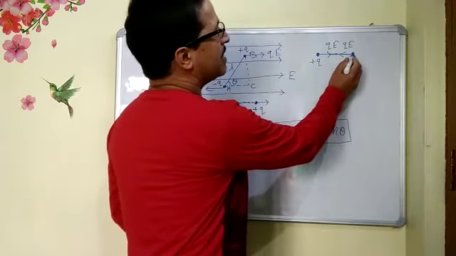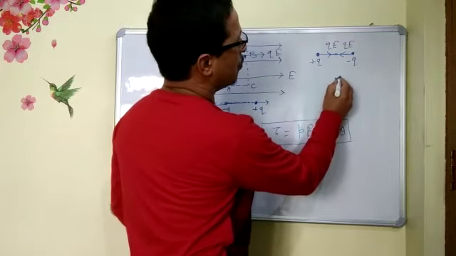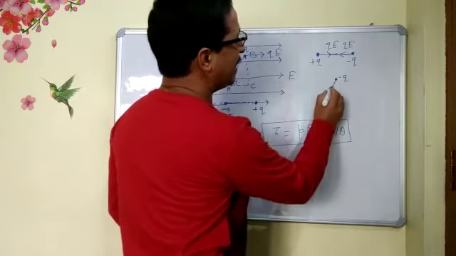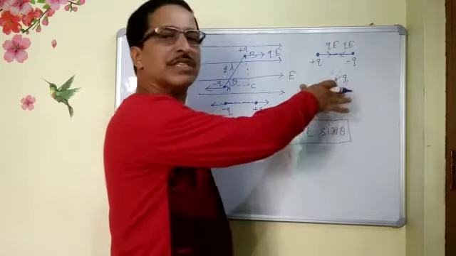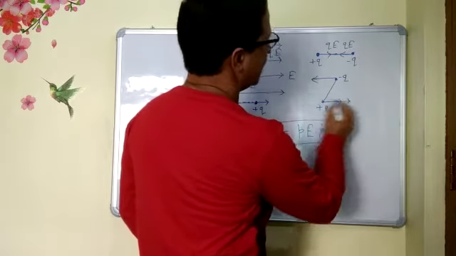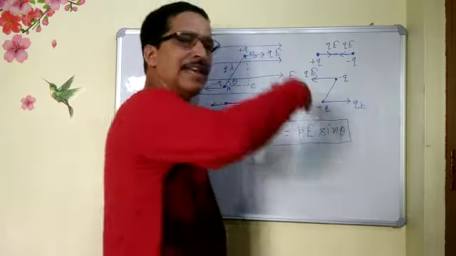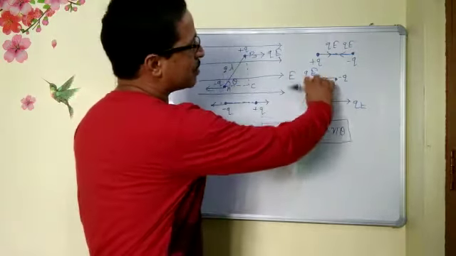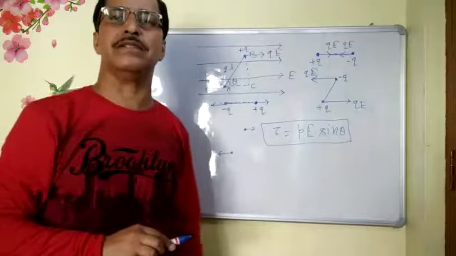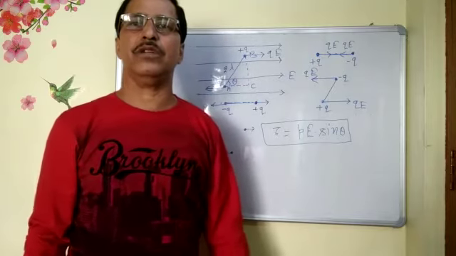However, if I disturb this position, like by rotating it, so suppose minus q is brought here and plus q is brought here by rotating, then you will find that the dipole will not go back to its original position. It will rather rotate itself so that the positive charge goes to this side in the direction of the electric field and the negative charge comes to this side because of the directions of the two forces acting on these two charges. This state of equilibrium is called state of unstable equilibrium.